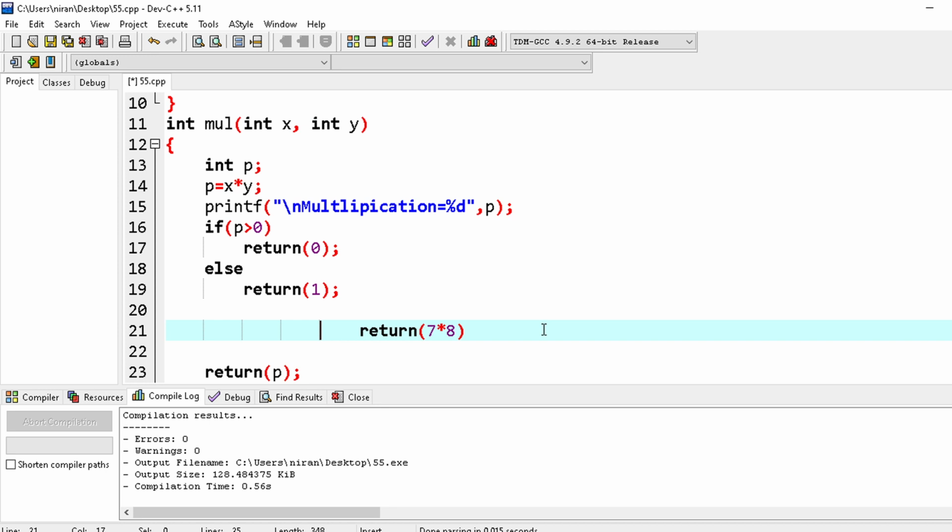Yes, it is possible. The compiler does not generate any type of error. You can return this type of value, this type of expression, also.